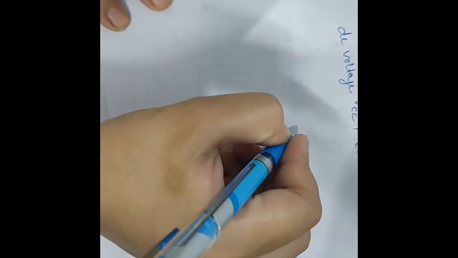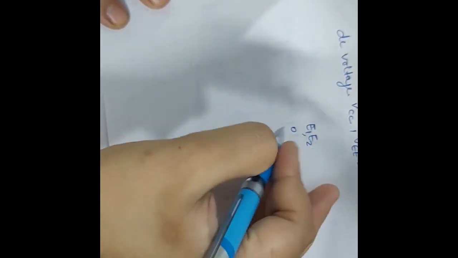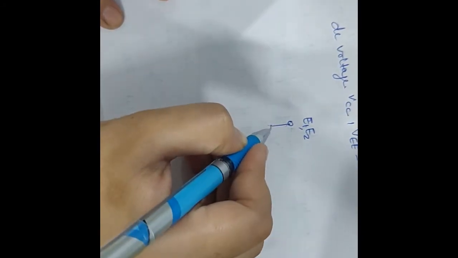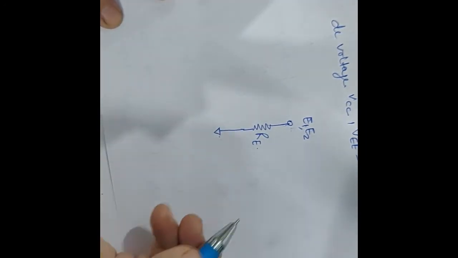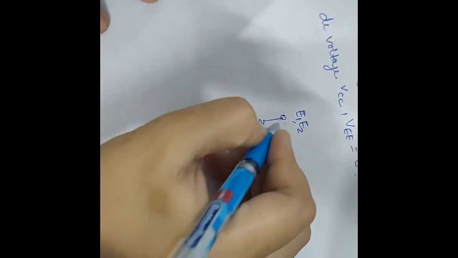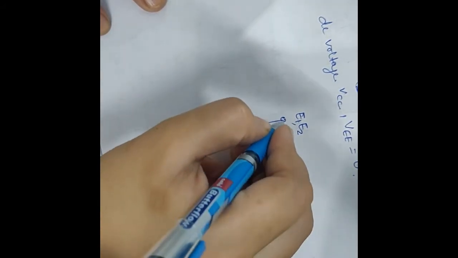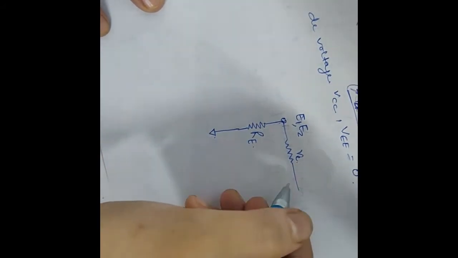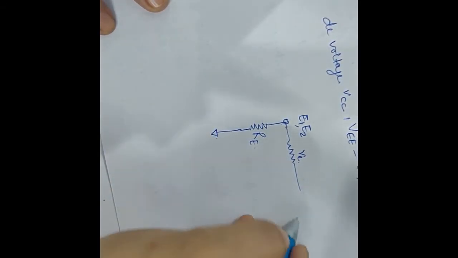Let's begin with the common emitter point, where we have both emitter sections at a similar point. Between them we have the emitter resistance Re, and we have grounded it. This is the common form which we have seen. Now between this emitter 2 and the base of 2 we have the AC emitter resistance re.